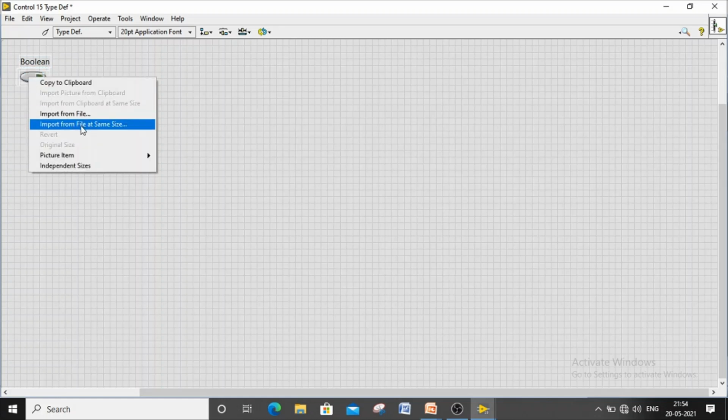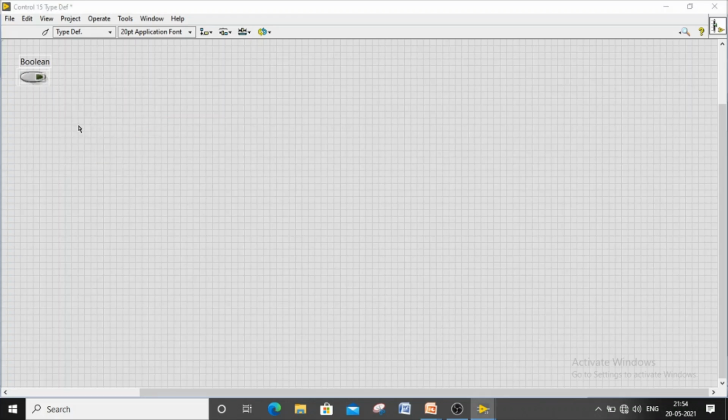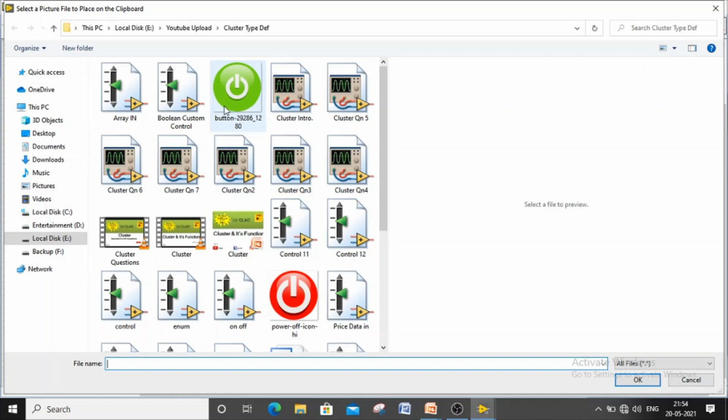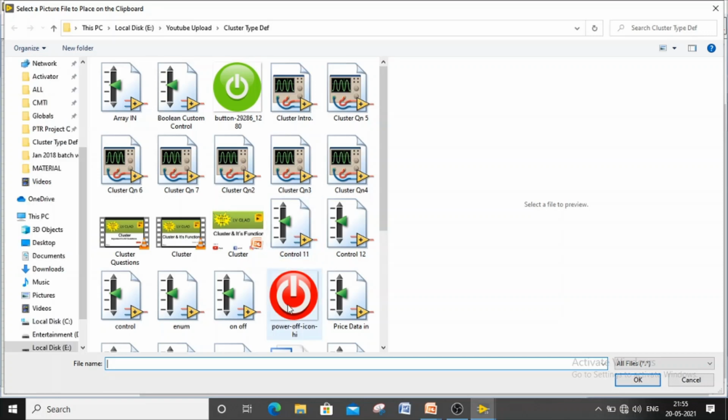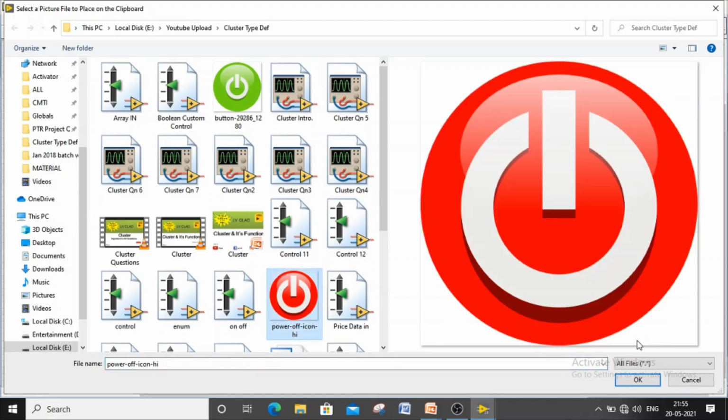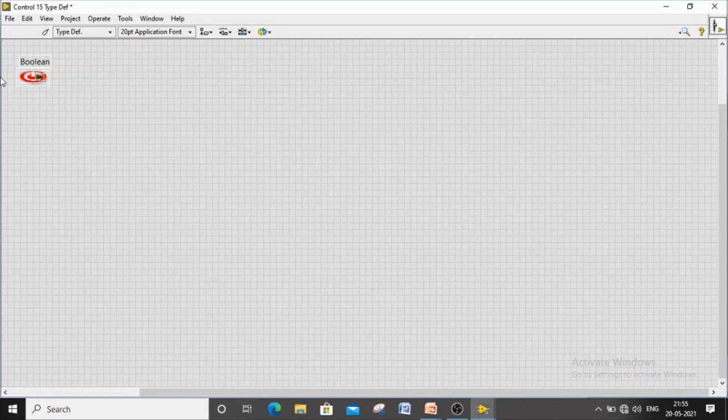There is an option to select the clip art, that is Import from File at the same size. I already have a few clip arts or PNG files. They are readily available from the net, you can download them. So I'm making the false condition with red color, this type of power button.